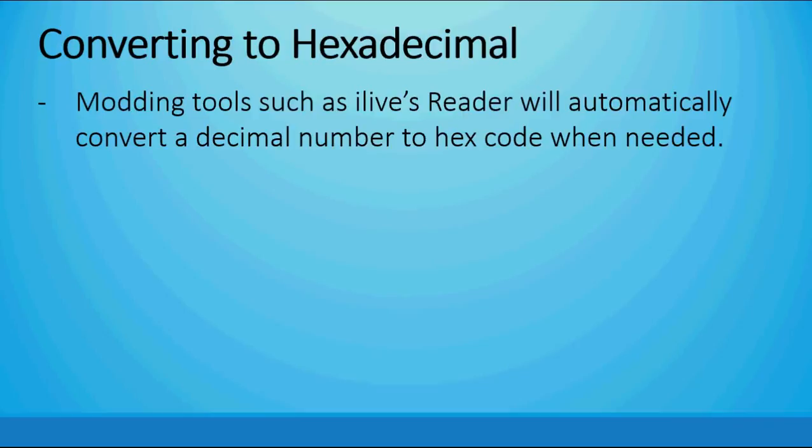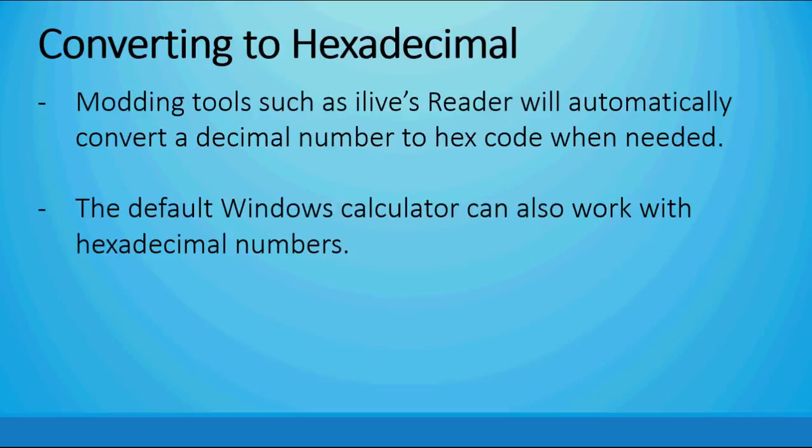So now we know how hexadecimal numbers work in SimCity 4, how they work all together, and how they're useful. Let's look at how we might want to convert to hexadecimal from decimal. Well, the good news is we don't need to worry about it. In the popular modding tools like iReader and SimCity 4 tool, the conversion's automatic. We just type in a decimal number and it will convert it. Nice and easy. Done. If you want to do some checks